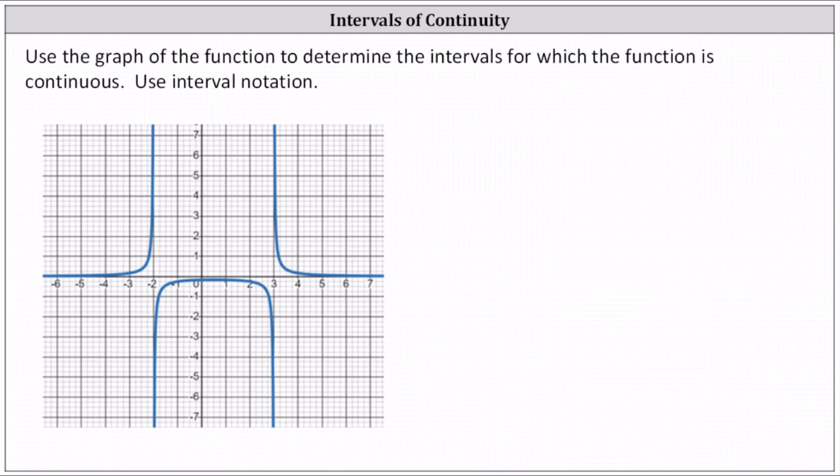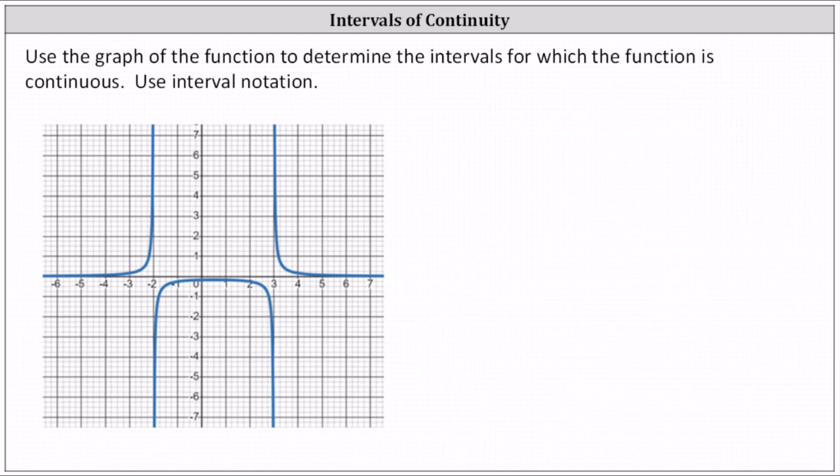Use the graph of the function to determine the intervals for which the function is continuous. Use interval notation. When determining where a function is continuous, it's often helpful to begin by determining where the function is discontinuous. We should be able to recognize the graph is the graph of a rational function, where